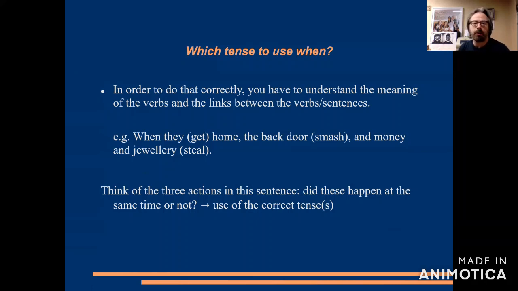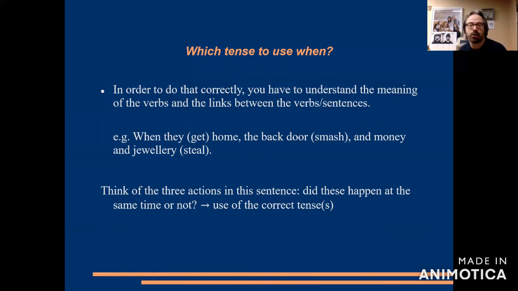I gave you an example. When they get home, the back door smash and money and jewelry steal. Now, sadly, because this is an online lesson, the only people I can ask right now are over there. What do you think the answer is? Okay, good. But that's not too, well, quite useful for you. So I'm going to tell you what in the other classes and in previous years have been the most correct answer. So a lot of people say when they got home,